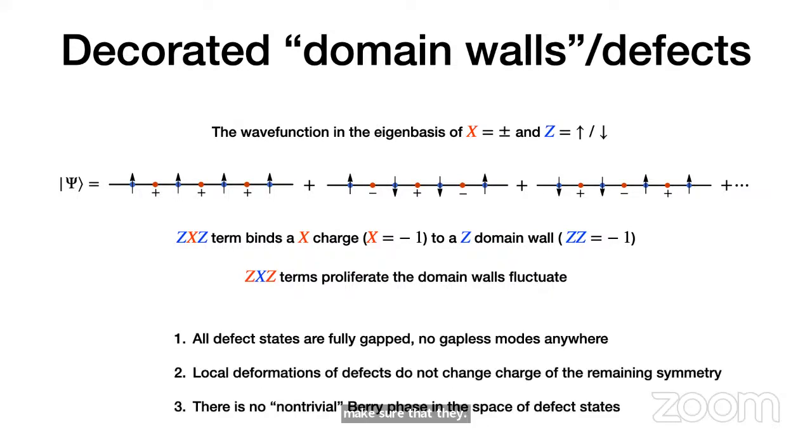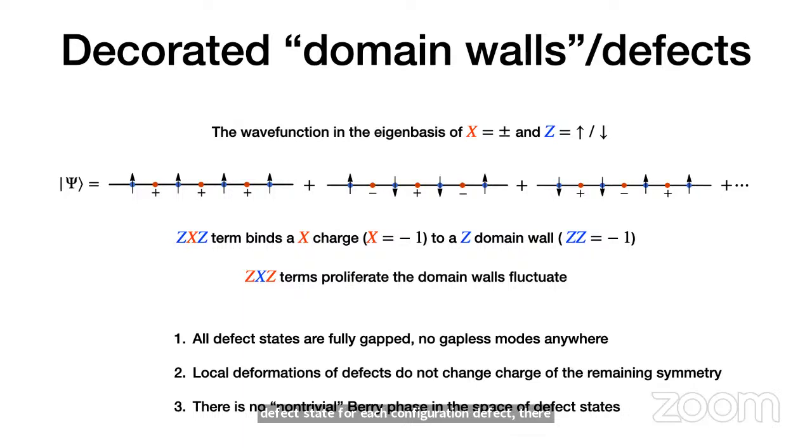Again, this is a very general pattern for symmetry-protected topological phases, or SPT: we can always think of them as some sort of decorated defect states. If you actually break the symmetry, you will have decorated domain wall states, and each one of them is fully gapped. Here it's even a product state. In higher dimensions, each one of them should be gapped because we want to superpose all of them, so we better have gapped states to begin with. For each configuration of defects, there shouldn't be any gapless modes anywhere.